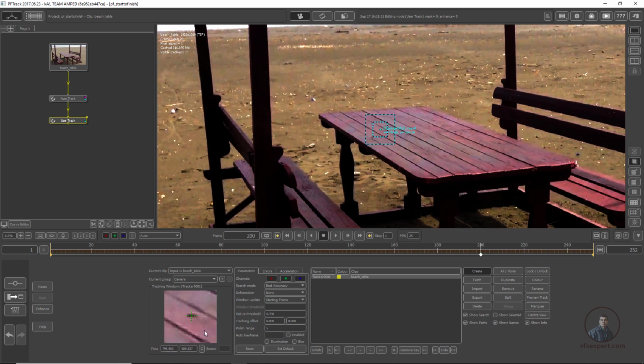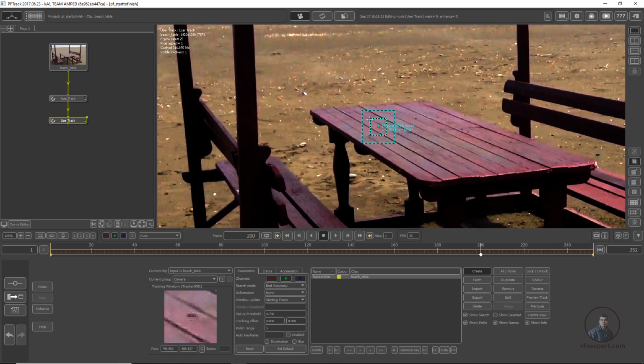I have placed it on this point, and I'm going to track this point. Now this is our search region, search area. If you want, you can adjust like this. After this, see in the timeline you are in between your timeline, then you have to track backward, then forward. So both sides you have to track. First I'm going to track forward only.